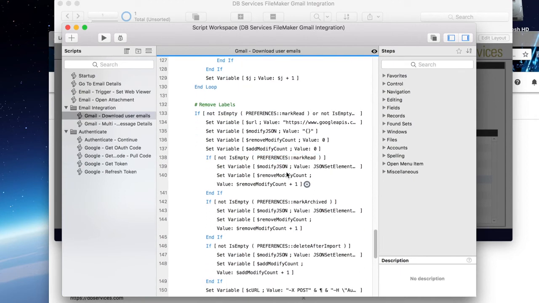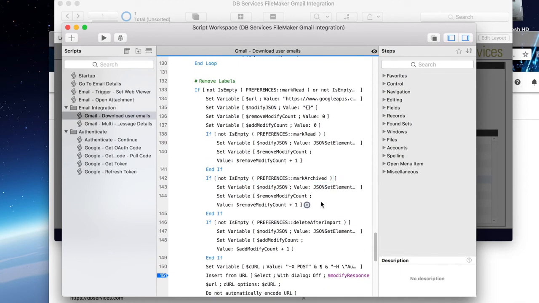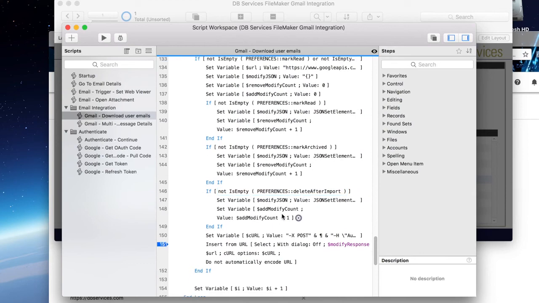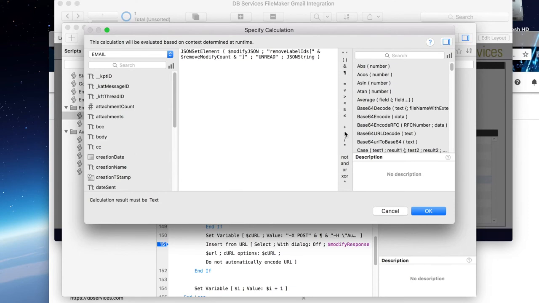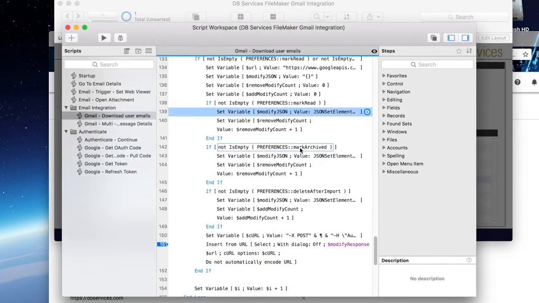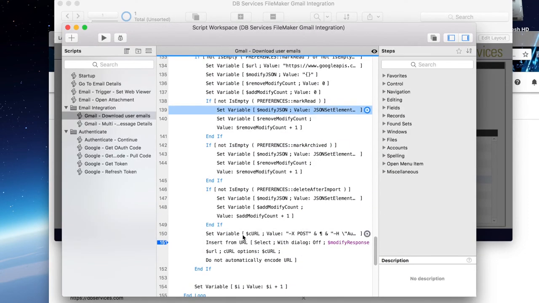So if you want to move it to archived, like I said, out of the inbox, you just have to remove the inbox label, which is all just inside of here, just JSON that you can set up. So again, just reference the code for any changes that you need, and then the final step is down here.